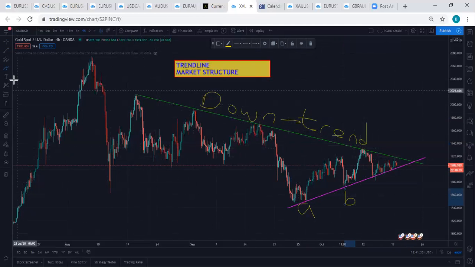And how do you draw your resistance? You also need only 2 points. Point A here and point B here. These are the only 2 points you need. Once these 2 points touch like this, you draw your line with these 2 points. All these other things don't need to happen. You wait for these ones to happen.